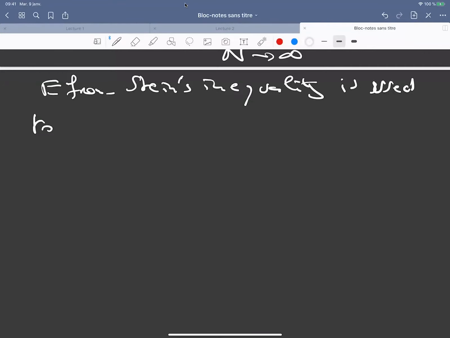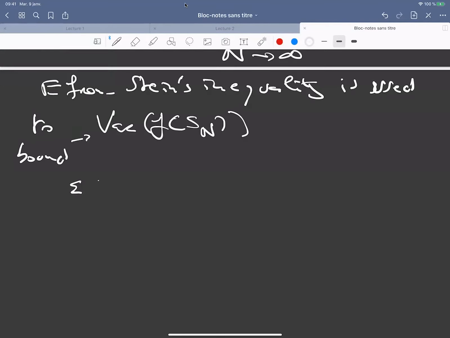Yes, we use Efron-Stein's inequality to bound the variance of f of S n. And so, as we have seen, Efron-Stein's inequality merely says that it is enough to compute variances in one coordinate. Okay, so we have to make this very simple computation just on a pair of signs, because we shall use the symmetrization trick that we have seen last time.